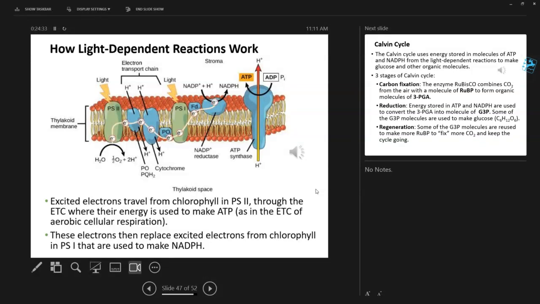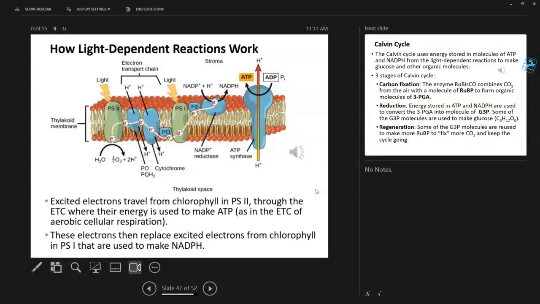That means they get moving faster and faster, like the electrons spin around the nucleus of atoms. They get so energized that they jump off of those atoms, and then they are passed through